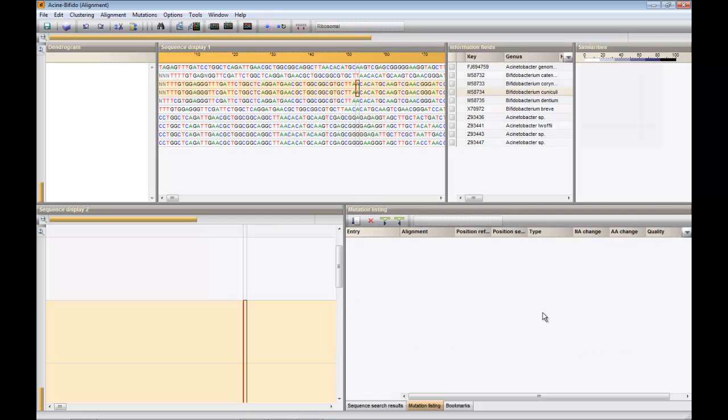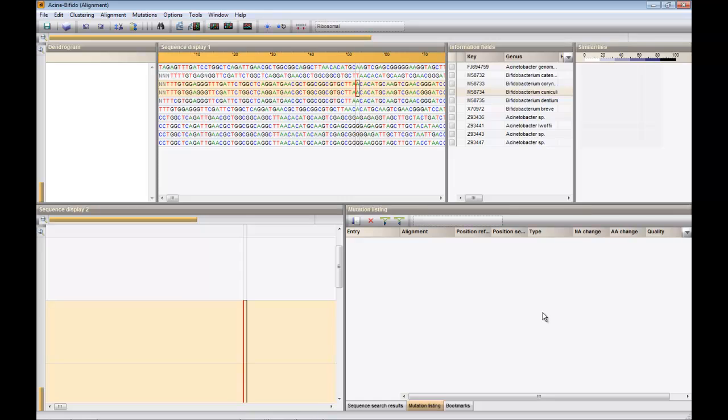In this video, I will show you how to calculate discriminative primers between two groups of sequences. The present alignment contains ribosomal sequences of both Acinetobacter strains and Bifidobacterium strains. Our goal is to find a primer or primer combination which will bind on any sequence of the Acinetobacter strains but will not bind on any sequence of the Bifidobacterium strains. This in function of melting temperature, primer positions and degeneracy.